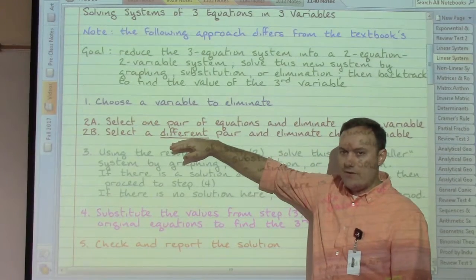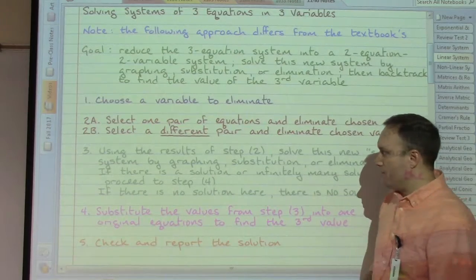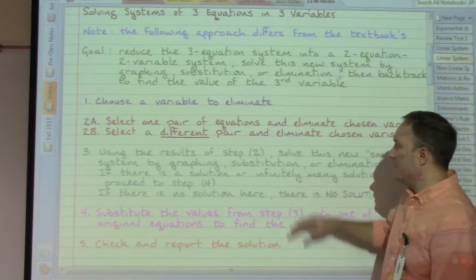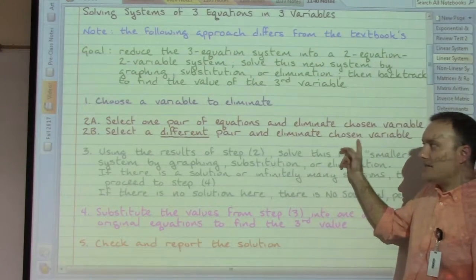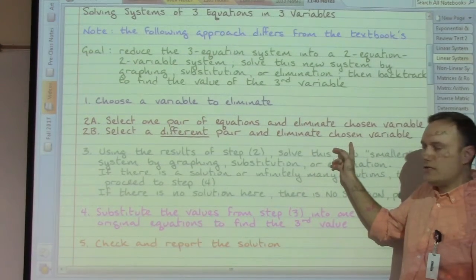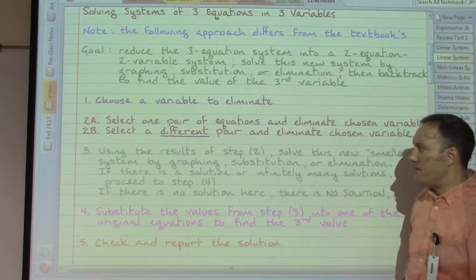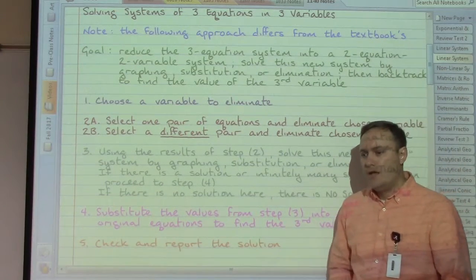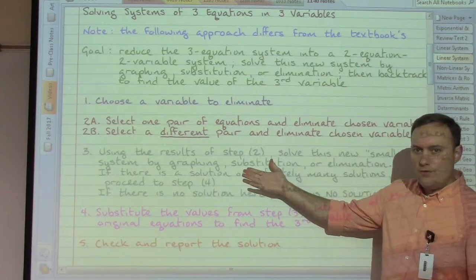So in order to generate a different one, I have to pick a completely different pair, which again I will try to emphasize when we get to our example here in just another few minutes. So picking a different pair, I'm going to eliminate the same variable that I chose in step one. So that basically I'm eliminating the same variable from both of these pairings. And those pairings are going to give me that system of two variables